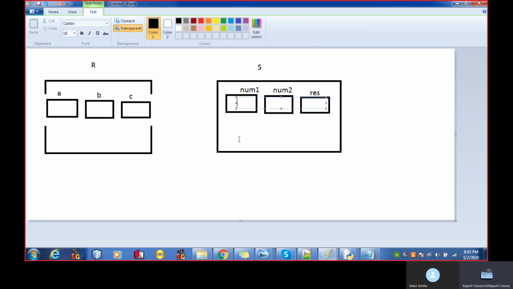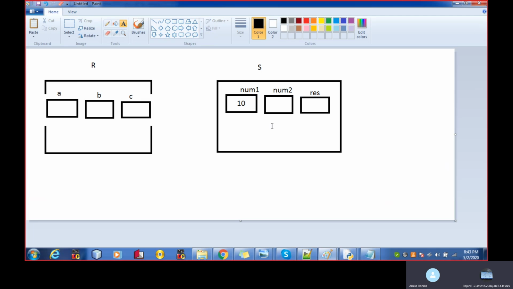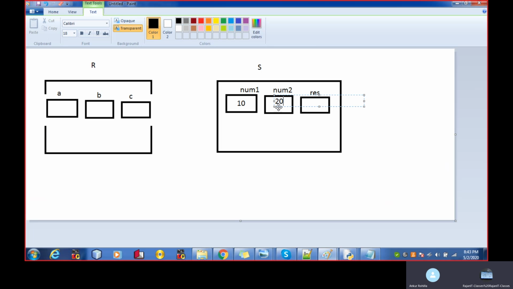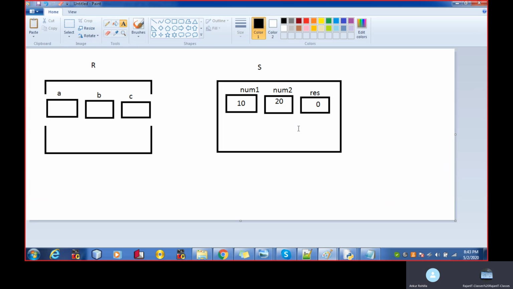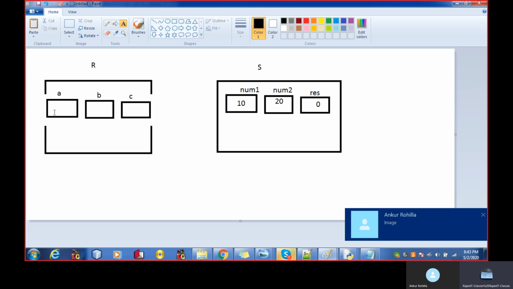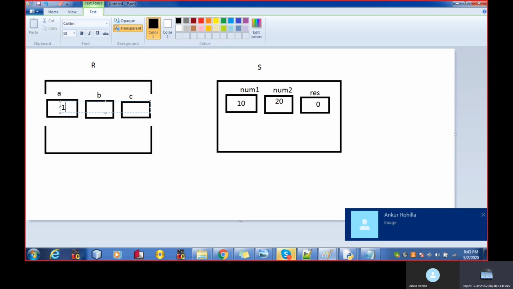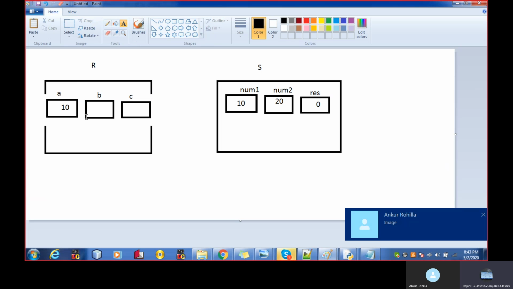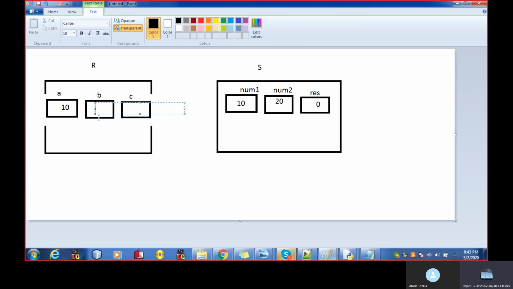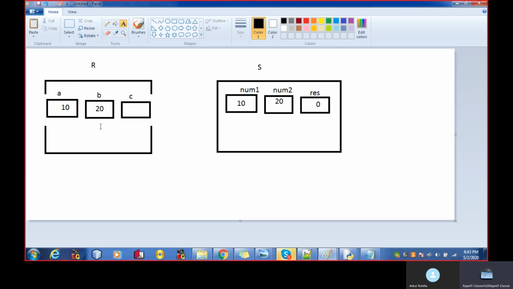Sham has kept 10 here, 20 here, and kept 0 over here. After that, Sham has called Ram and passed the value of num1 to Ram. If Sham passes num1, then Ram will contain 10 over here, right?